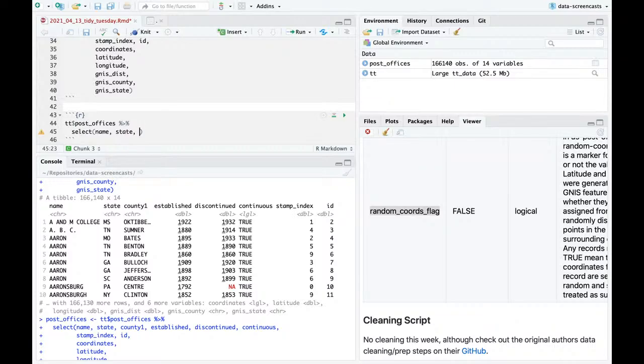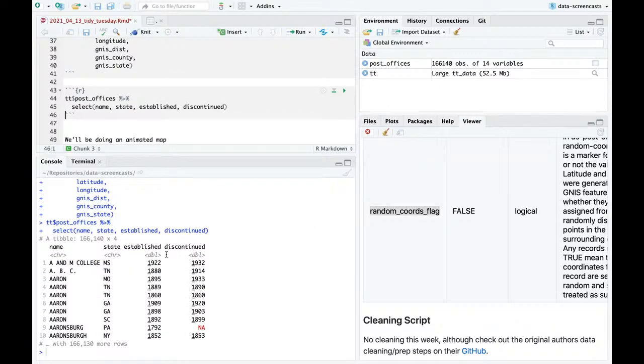Because I want to show what I'm doing here. Established, discontinued. The first thing I want to do is, what if I wanted one row for every year? Then what I actually need is a vector for every year from 1922 to 1932. The way to do that is a function called